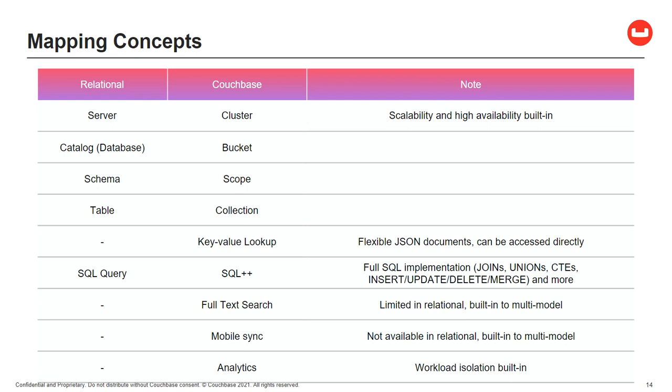And the benefits we get from this, you can see here, I've mapped these concepts to each other in this table, right? So at the server cluster level, we're getting the scalability and the high availability of a distributed database. And then the next few things, they all match up. They're all kind of equal to each other. But one thing, the multi-model approach here, is the things that relational can't do that Couchbase can.